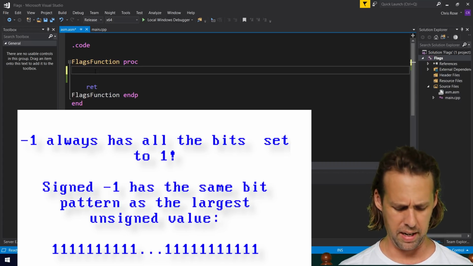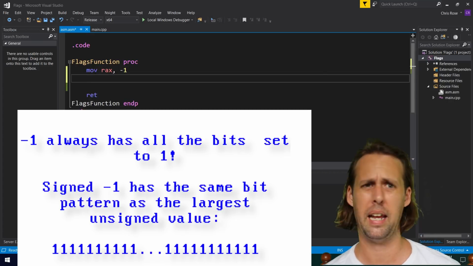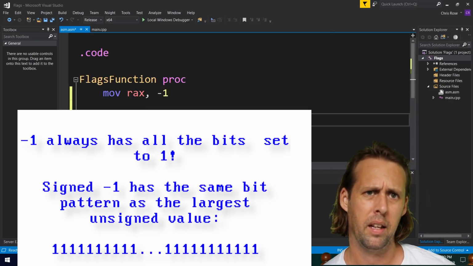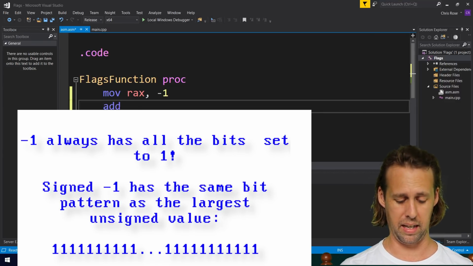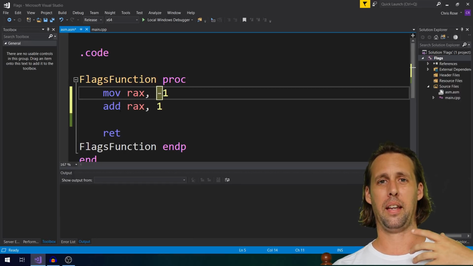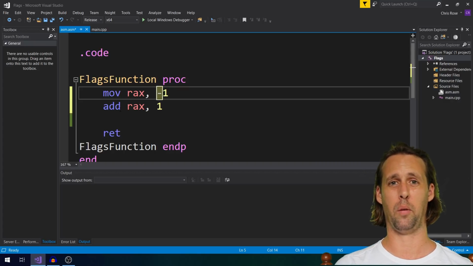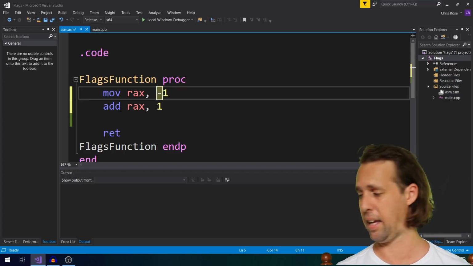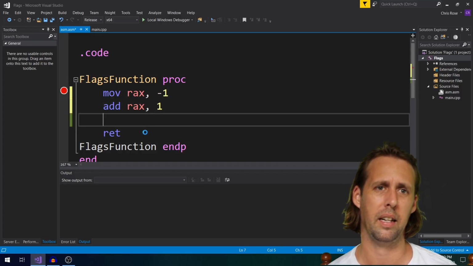So if we've got a number, say mov rax, -1, for example, let me just zoom in a bit. Rax is going to be filled up with 1s, and if we add 1 to that, what we're going to get there is an overflow. So the carry flag is an unsigned overflow on the left-hand side. So whenever your register can't hold any more and it wraps back around to 0, you should get the carry flag set. If I just put a breakpoint there on that line and we hit run,